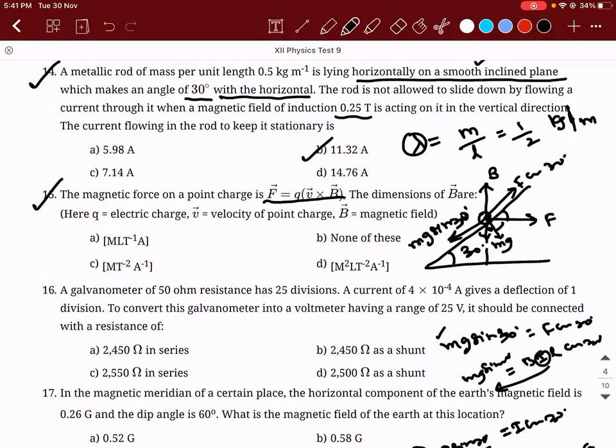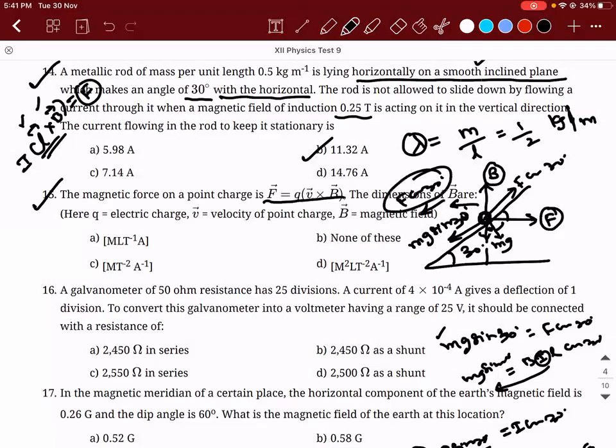That is why I told you the force will be perpendicular to both B and I. When you're doing I into L vector cross B vector, whenever you do a cross product, how will the resultant be? The resultant is always perpendicular to both the components for which you're doing the cross product. That is why I took it perpendicularly. If I took it in this direction, then F cos 30 and mg sin 30 acting in both directions would have pulled the rod downwards. That is the reason I had to take it in the opposite direction. Are you able to understand? Got it? Yes, sir.